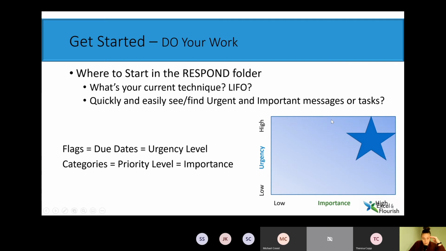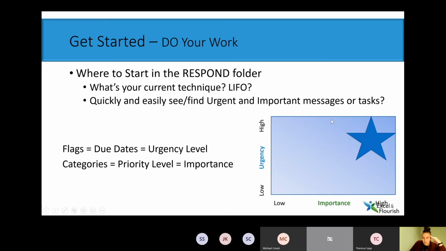Now from here, we're going to spend some time actually looking at my Respond folder. And guess what? This totally needs to be a judgment-free zone, because everything that has been happening in the last week means my Respond folder is now at 91 items, which is not what my preference is. But I have spent a lot of time going through and putting those flags on because I wanted it to look so good for you guys when I was doing this, which means the flags are indicating the, oops, hold